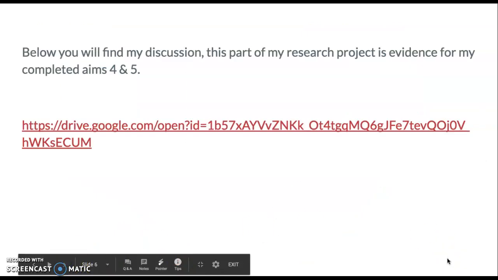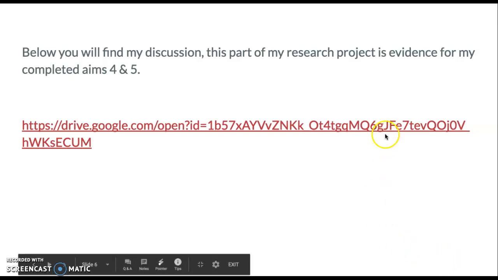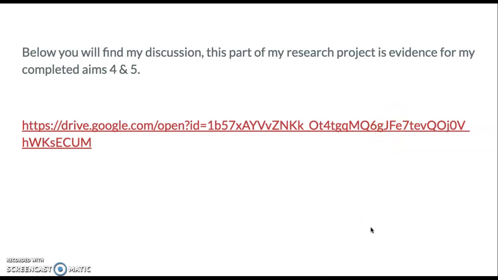Objectives 4 and 5 were completed in the same region of my research project. This link will take you directly to the discussion part of my project. I was able to complete these objectives by detailing the differences and similarities between the 2 performances of the striker. This allowed me to go into detail and fully analyse